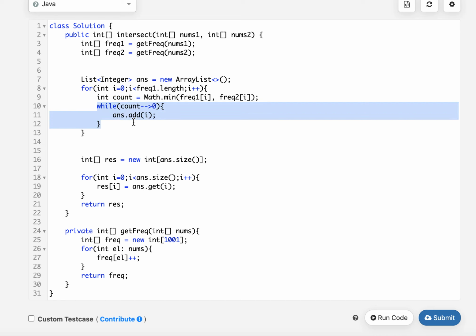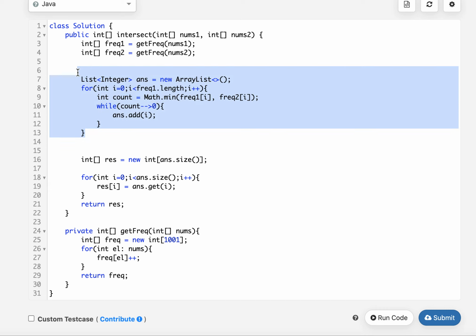I'll add this current element, which is denoted by i, into my output array ans till the time my count is greater than 0. And once we are done with the looping, my answer is ready. Now I just need to convert into the appropriate int array format and return the result. This is what I've done here.